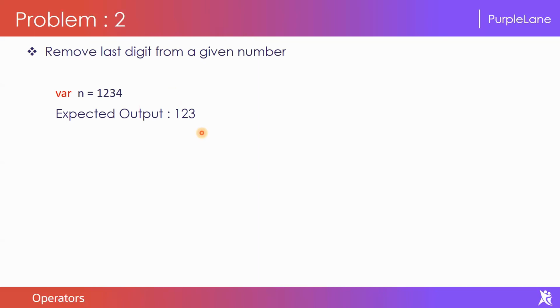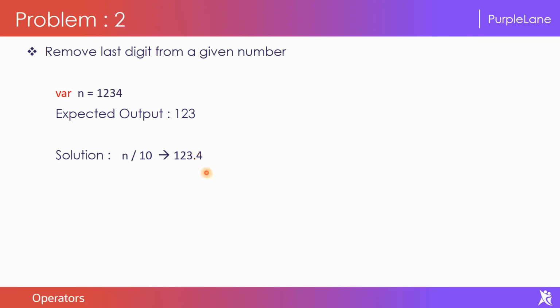Okay, now the solution is simple. And the first thing I would like to tell is, we have not learned all the concepts to solve this problem, but we have learned one important operator that will be used to solve this. Simple solution is n divided by 10. If you do like this, then this is the output, isn't it? 123.4. This is not the complete solution. Now we need to find some way to remove the decimal, isn't it?